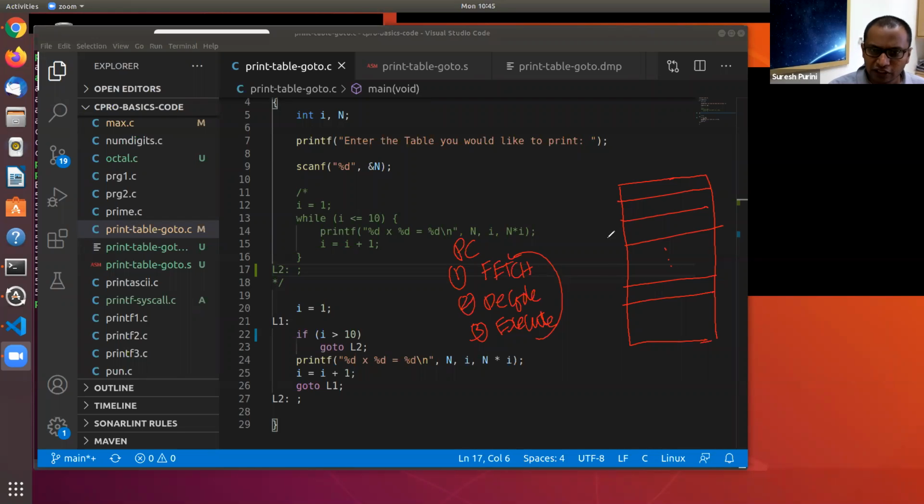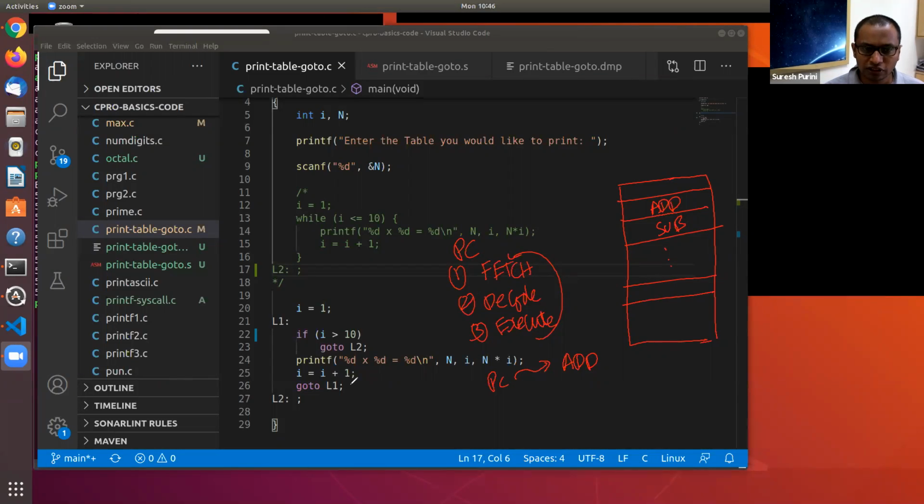So usually, if your program is like this, you have an add instruction and your PC is pointing to this. Maybe this add instruction is present here. After the add instruction, maybe you have a subtract instruction. So the control keeps going forward one instruction after another, and there will be a change in the control only if there is what is called a jump or a branch instruction. And these jump or branch instructions result from these goto statements.